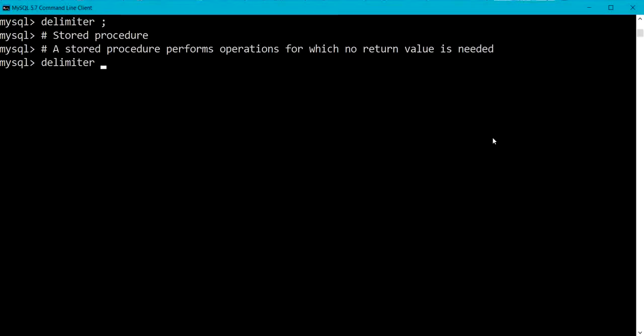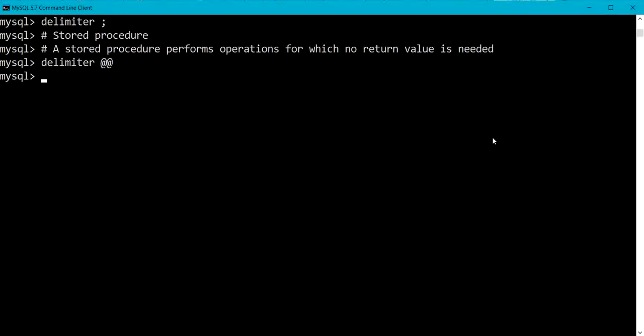Delimiter is the character or string of characters that you will use to tell MySQL that we have finished typing SQL statements from procedure. So here I am taking delimiter as @. We know that semicolon is the delimiter, but in stored procedure we can have many statements and each statement must end with a semicolon. So that's why here we are changing the delimiter.